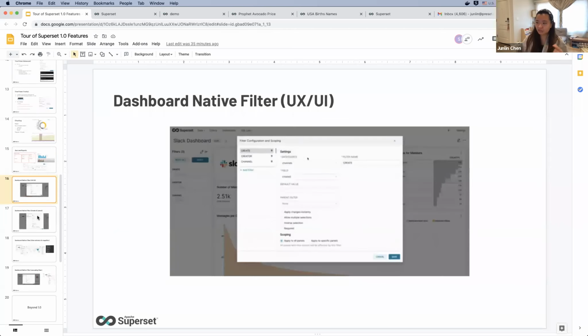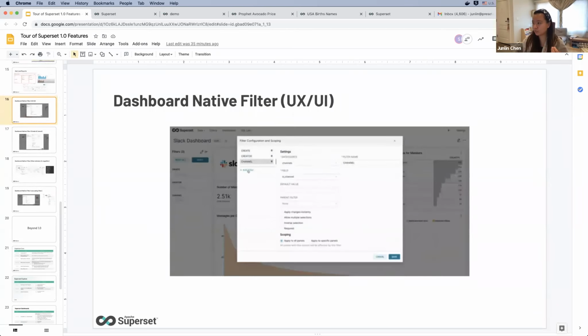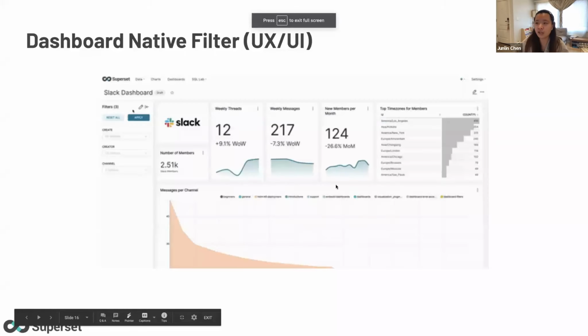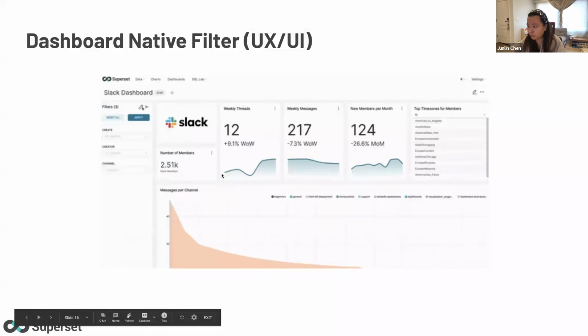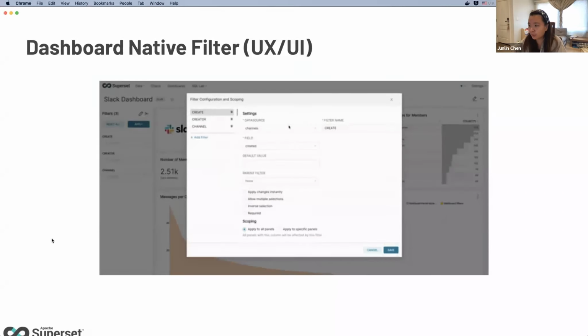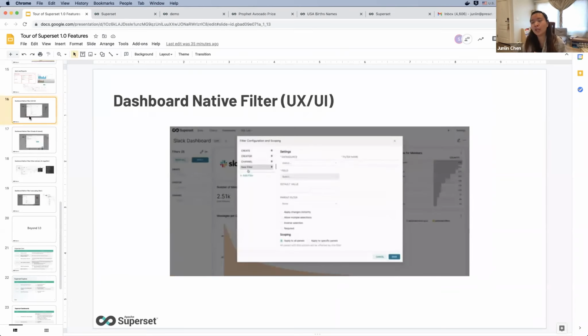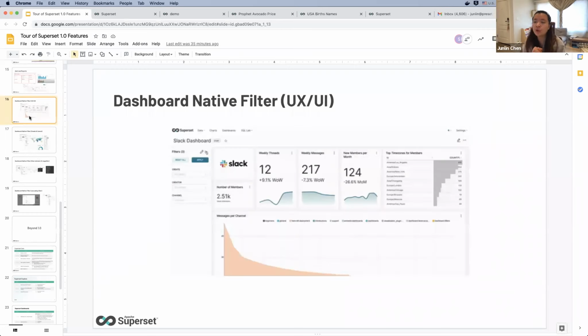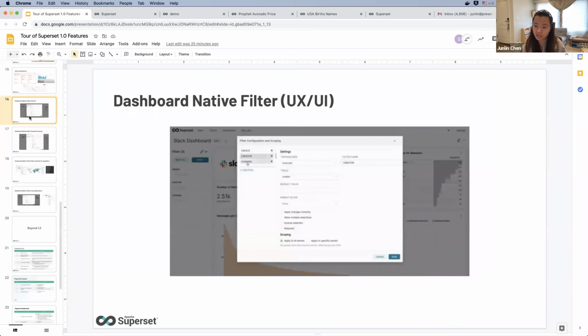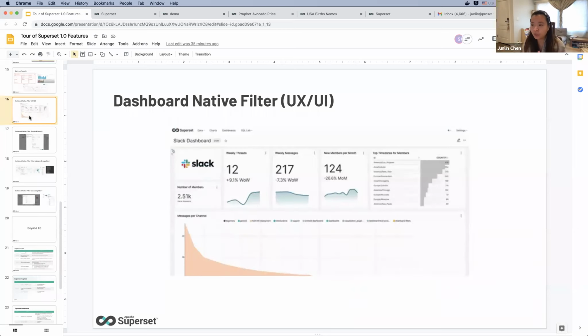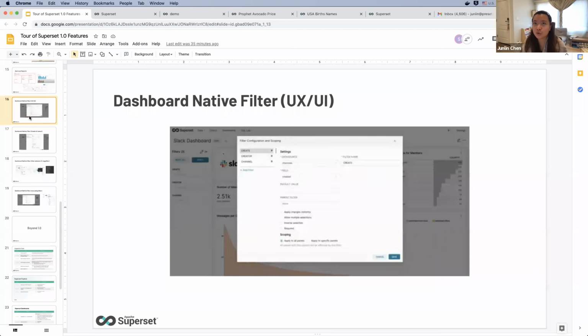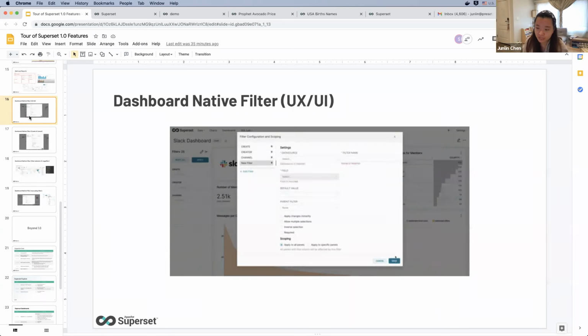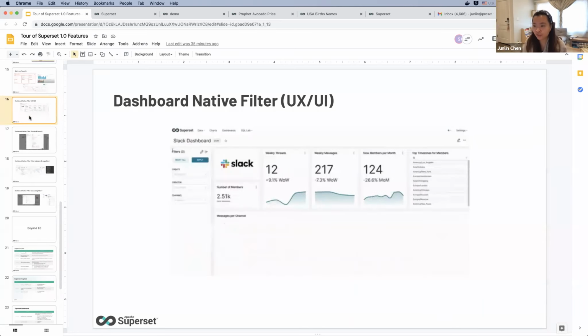A couple more things behind the feature flag. One is the dashboard native filter. I actually have it enabled in my environment, but this feature took about 7 months to develop. We are very close to finishing. The last step will be integrating the new time picker that I just showed you into the dashboard native filter, and then also many cool features like cross filtering and share and set filter sets are also under development,